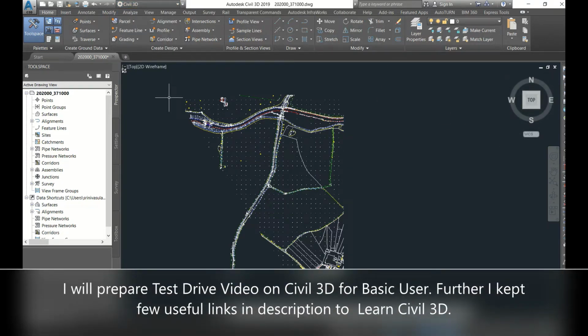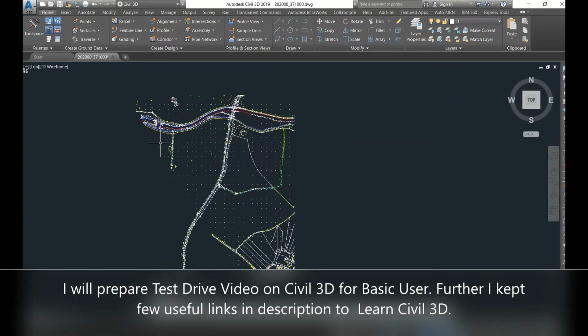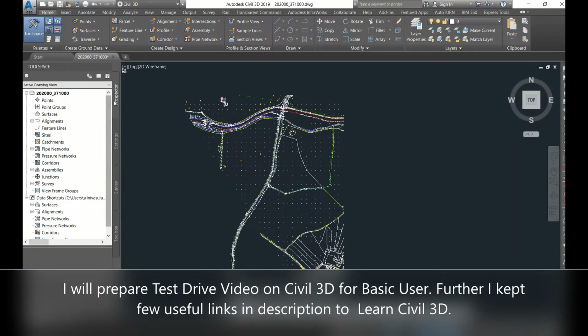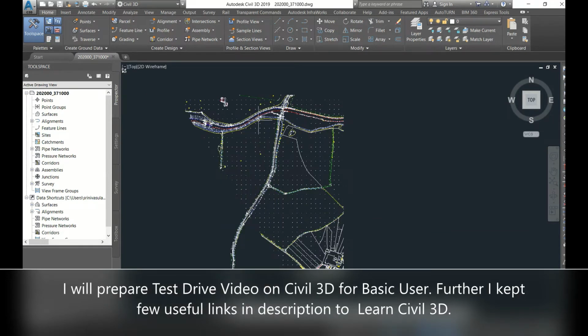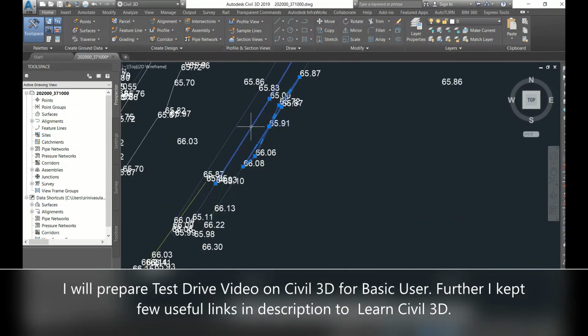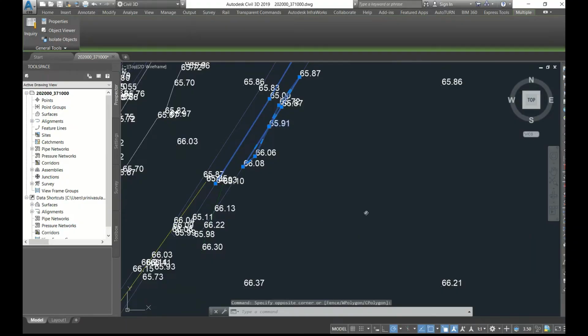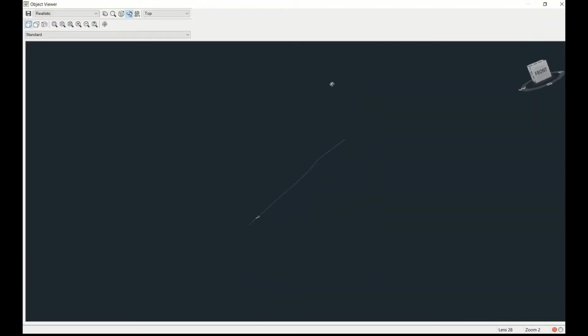I need to understand where I will get this tool space. Sometimes it won't be available, so the main important thing is the tool space. How will we get that tool space, and for assembly, the tool palettes? You should be aware of those things. You should understand the interface, like how to rotate, and how to see the object viewer option for 3D purposes. These are the things you should understand.